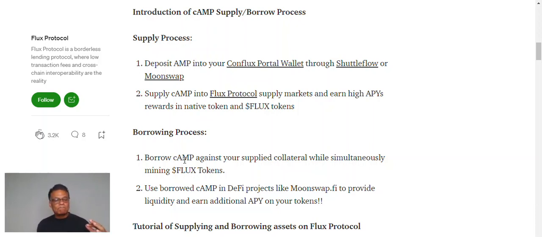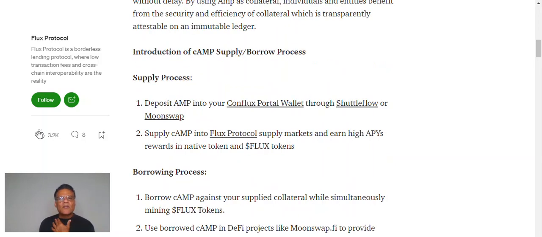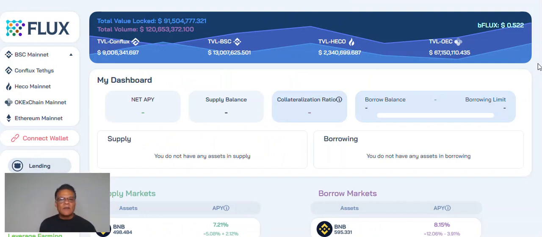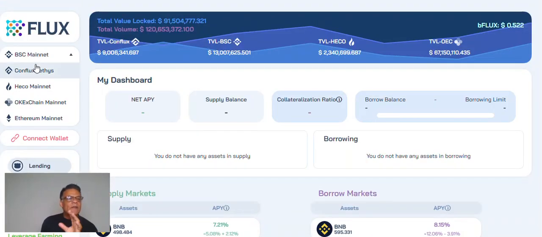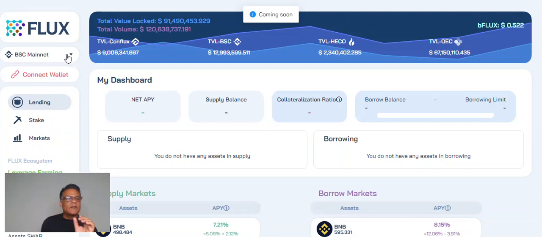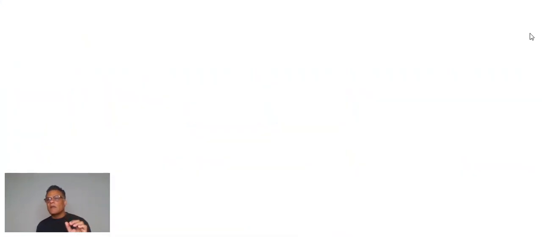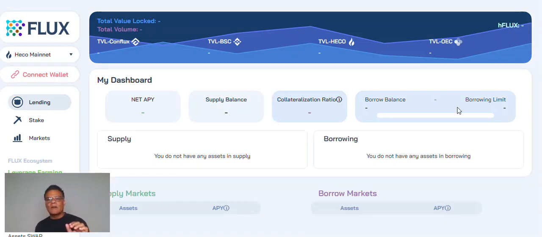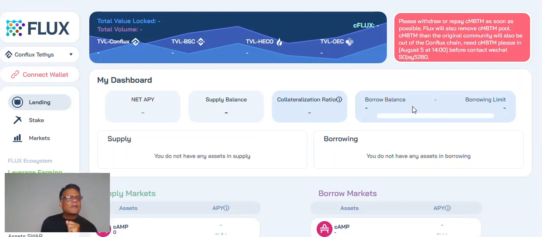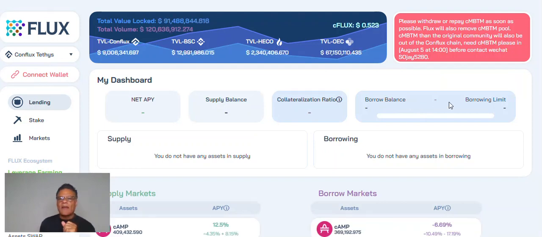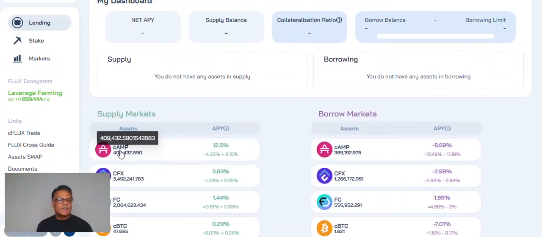It's here, and this is just one of the pages. You'll notice over here that they have different headings for different mainnets, and when you click onto these, you'll have a different series of coins that you will then be able to borrow, lend, etc. So I'm going to go to the Conflux one. I can't even pronounce the name, it's TETHYS. What you'll do is you will find AMP there. You'll see the CAMP there. It's the first listing. It'll give you some information on how much they have in supply right now, which is over 400,000. Here's the APY, which is extremely interesting, and they're giving you an APY of 12.5%, which is a combination of 4.35% plus